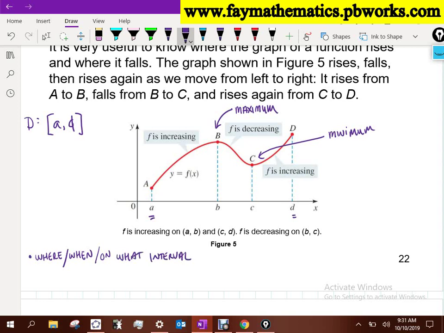Where, when, or on what interval is the function increasing and decreasing, or they might just ask, where is it increasing, or where is it just decreasing, that kind of thing. So when they ask that, the answer to the when, the where, on what interval is referring to